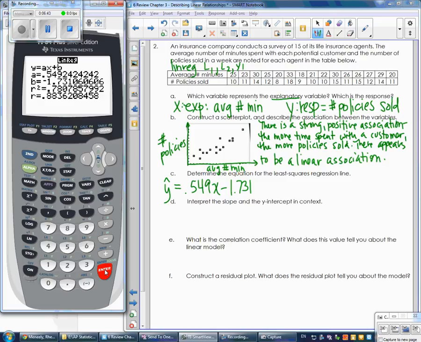In part D, we're asked to interpret the slope and the y-intercept. So remember, with your slope, we always reduce it to as x increases by 1 unit, except we want to make sure that we're using the context of the problem. So in this case, my x value represents the number of minutes spent with a customer. So I want to say as the average number of minutes per customer increases by 1 minute,